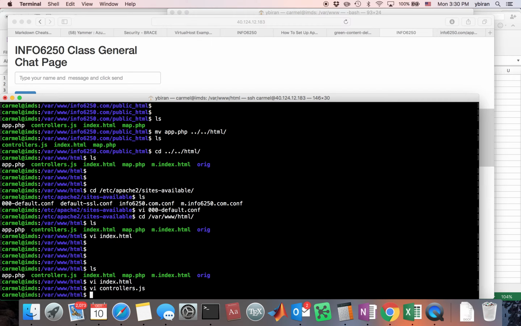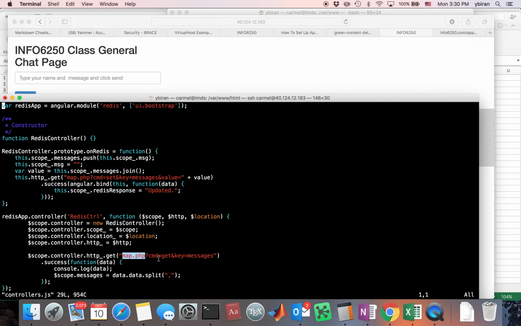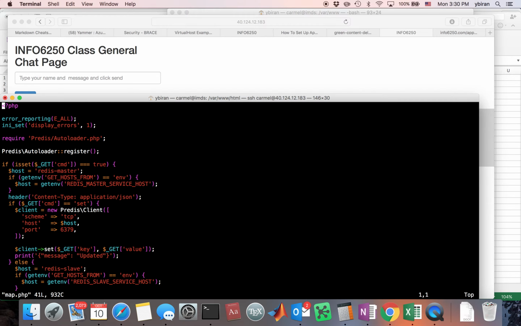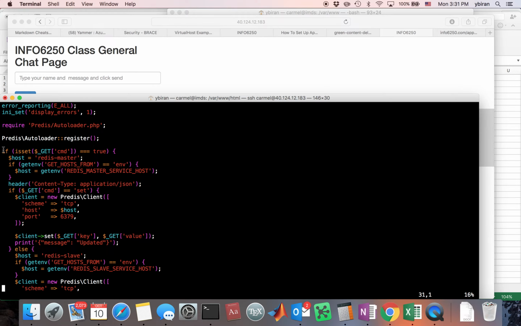What we're going to do today is to handle this part. Okay, the brain that knows how to get stuff and how to set stuff. So let's look at map.php. Map.php is a PHP file that includes two options. First of all, it loads the pRedis, which is the Redis client, because it's going to use the Redis client in order to push things into Redis. So this is essentially masking you from knowing how the client will look like. We just implemented here a web client where everybody who has access to the internet and a browser can basically get and set